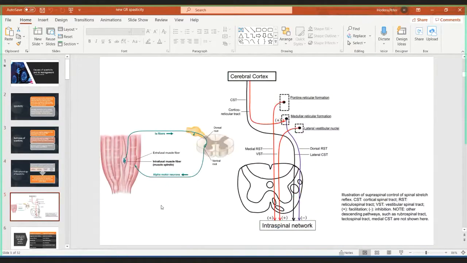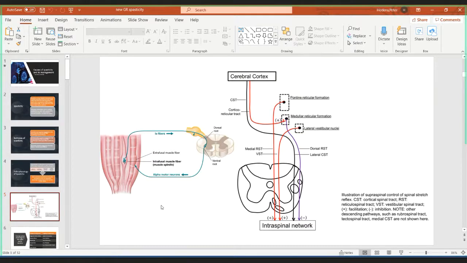We have two areas on this slide. On the right side, you see the supratentorial control. When you think about the corticospinal or pyramidal tract, very old work with experimental lesions of a purely pyramidal tract would actually cause hypotonia. However, the pyramidal tract is not only the corticospinal tract, it's a mixture of descending pathways, and especially innervation from the pontine reticular formation, medullary reticular formation, and lateral vestibular nuclei also provides some tonic control, and they are mostly in red. When they are really hyperactive, that would increase the activity of the alpha